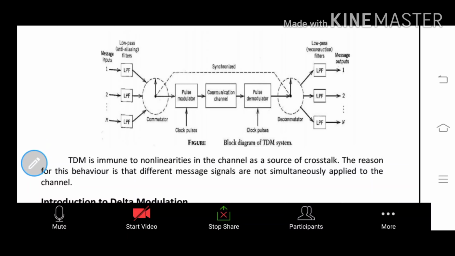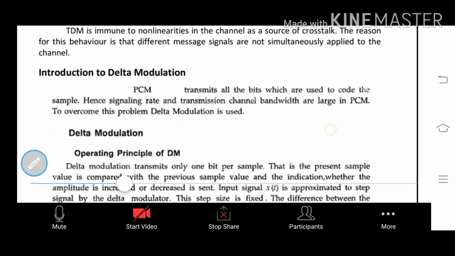Here also you can observe the pulse modulation and pulse demodulation. First, the input signal is converted at the pulse modulator, using a clock pulse. So you can generate the clock pulse. That information is transmitted over the communication channel, with a synchronization pulse between input and output. And on the output side, the pulse demodulator also uses a clock pulse to demodulate. The demodulator uses a low pass filter. The communication of the single channel is spread to all, one to all. That is the demodulator. So the modulation signal is pulse code, and the demodulator uses the pulse clock signal.